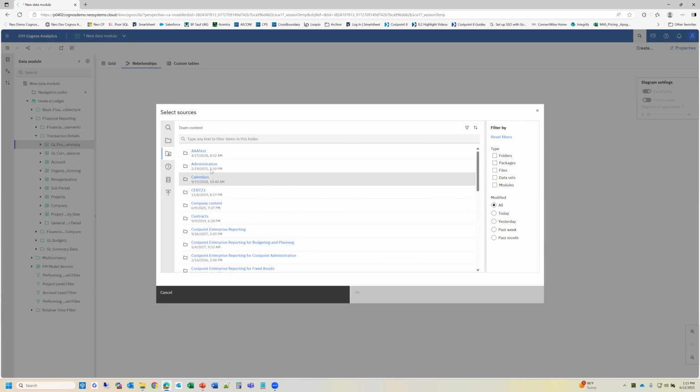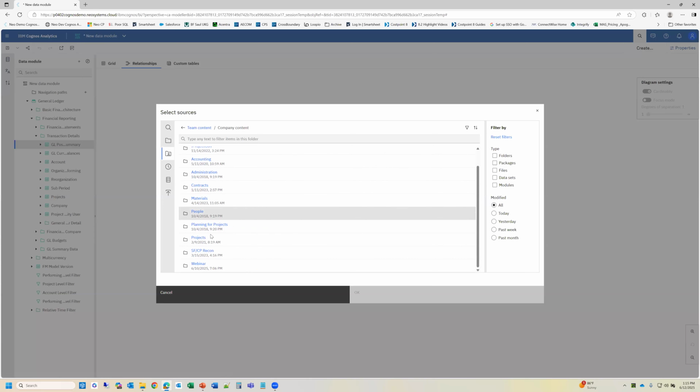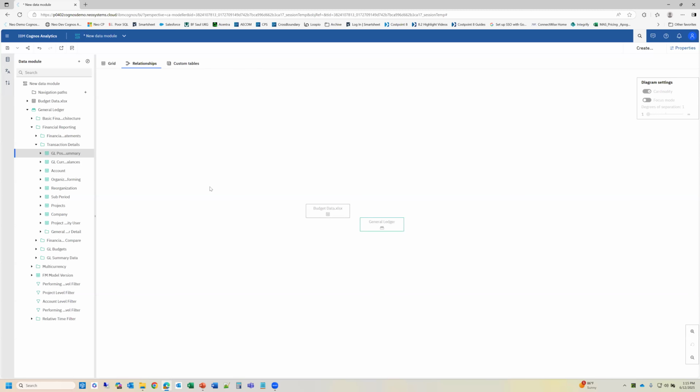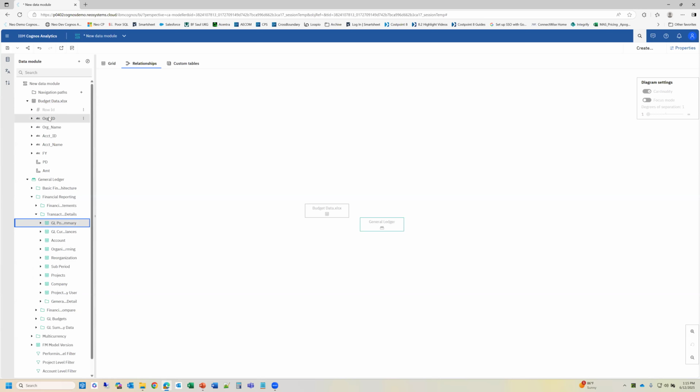And let's see here, company content, webinar, and here's my budget data Excel file. And I will upload that as well. And you'll see here now my budget data file is loaded here, and you can actually take a look at